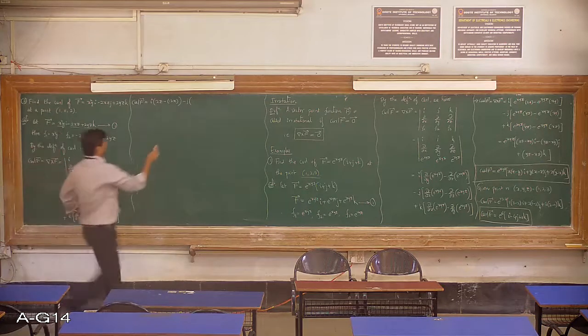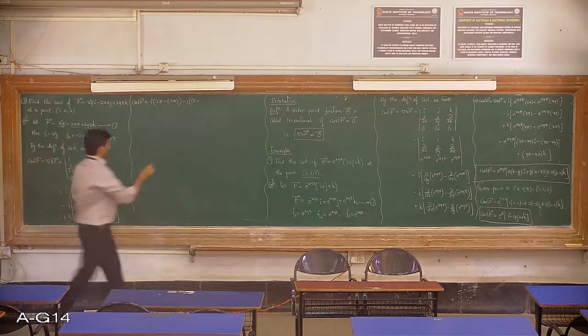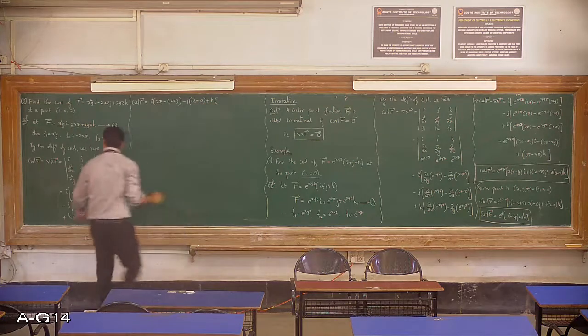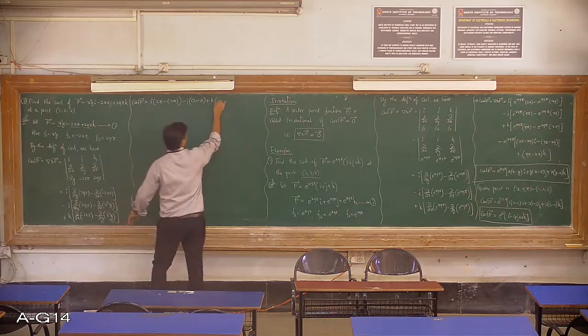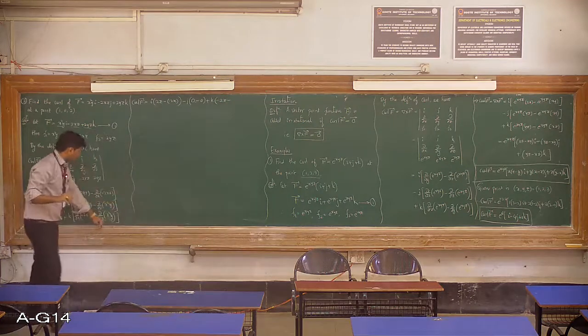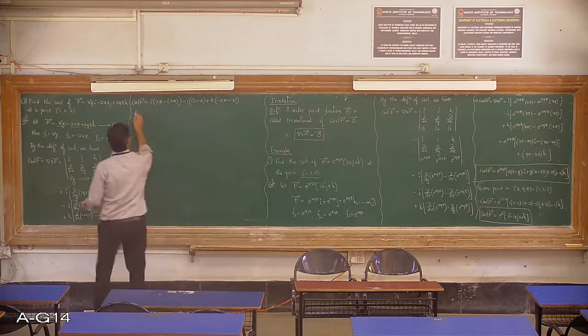Minus j, with respect to x we are differentiating, so here x terms are not there, so therefore here it will be 0, minus with respect to z we are differentiating but z terms are also not there, so therefore minus 0, plus k in the bracket, with respect to x we are differentiating, therefore minus 2 and z are kept constant, so therefore minus 2z. Okay, next minus with respect to y we are differentiating, so therefore this is x square. Okay, so finally